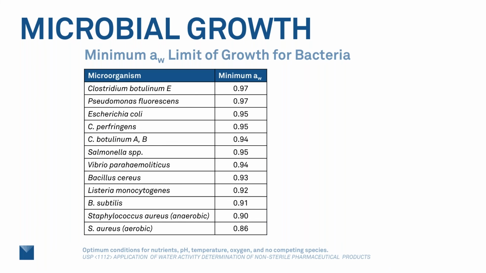Here's the list where those lie for each one of them. We can see at the top here we have botulism, E. coli is listed here, there's Salmonella, Listeria, and then at the very bottom you can see that Staph aureus, the aerobic version of that, is at 0.86. So there are no more pathogenic bacteria that will grow below that level. So if you have ever seen that about the 0.85 for water activity, that is why, because nothing else can adapt to a water activity lower than that. Staph is the hardiest, the most adaptive, as the case may be.